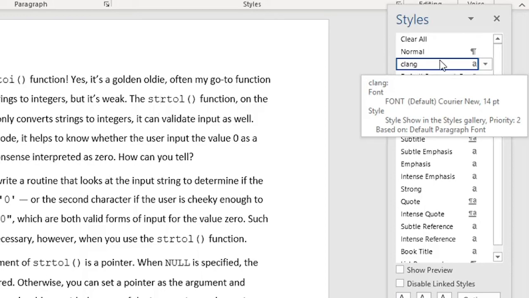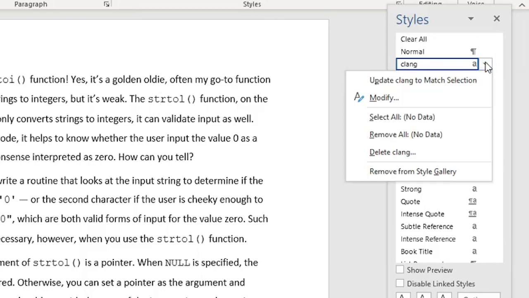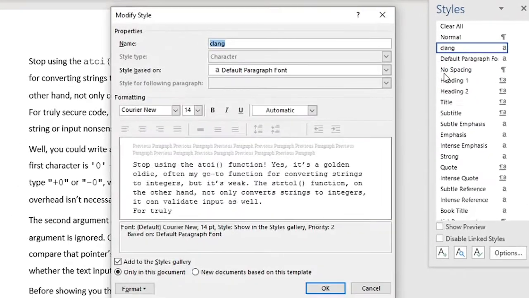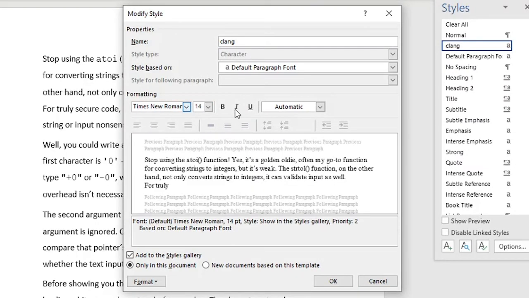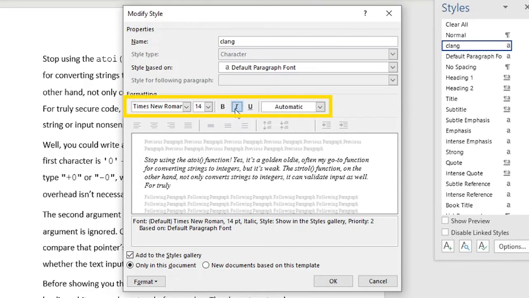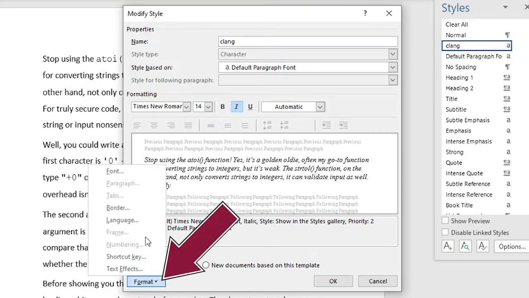Hover the mouse to see the menu button. Click it and choose Modify. Now I can make my changes here. So I can reset the font to Times New Roman, Simple, and choose Italic. Now these items present themselves immediately in the Modify Style dialog box, and if I didn't see them there, I could click the Format menu button thing and choose the more detailed options, but I don't need to, so